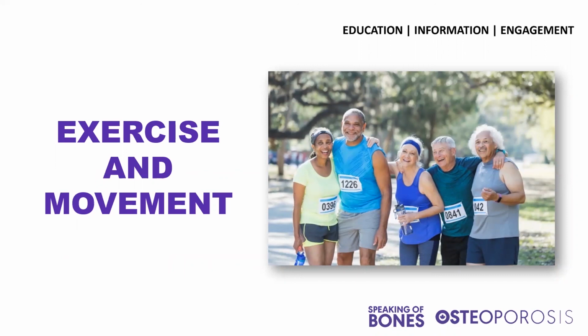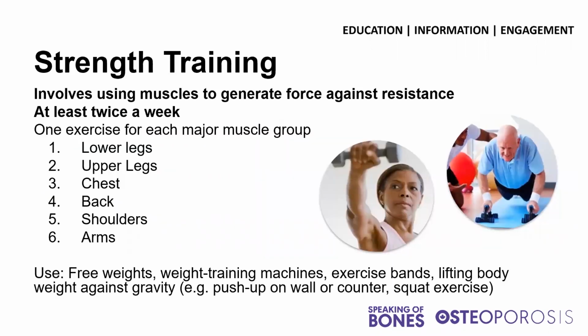Next, we'll talk about exercise and movement, and then we'll finish up with fall prevention. People with osteoporosis and those at risk of developing it can help to prevent bone loss, fractures, and falls by combining specific types of exercises. Walking is not enough. An exercise routine should include strength training, posture training, balance training, and weight-bearing aerobic activity. Benefits of exercise include improvement to muscle mass and strength, fall prevention, and reduction of spinal fractures.